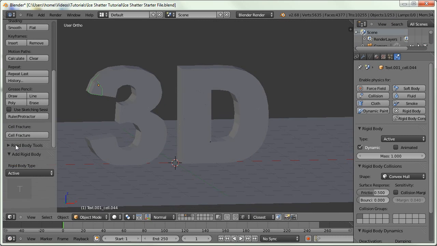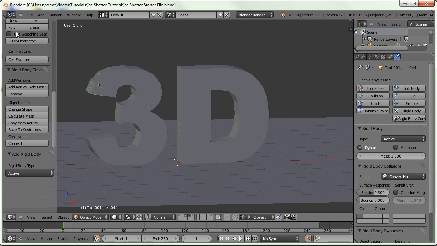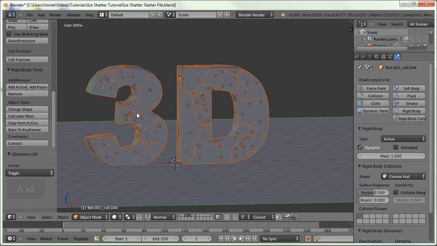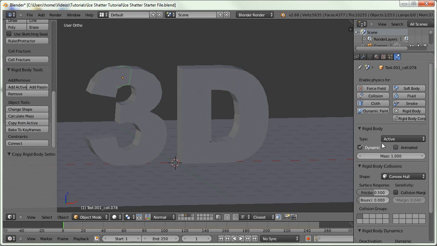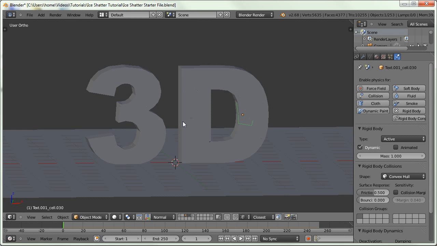It says rigid body tools here, so I'm going to expand that, and we have something called copy from active. It says copy the rigid body settings from the active object to the selected objects. So I'm going to select all our objects, deselect our plane, and then copy from active. Everything has gone green, and we can see they now all have the right settings. And to see these physics in action, all we have to do is press Alt-A,